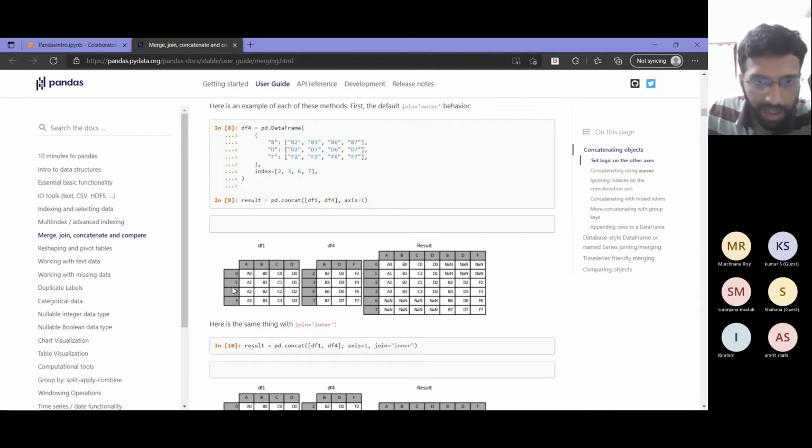So if you see here, it was B2. Okay, it was just labels. It was the same value in both of these, so that's why there are no confusions here. But if different values are there, then you need to tell it how to handle those values.